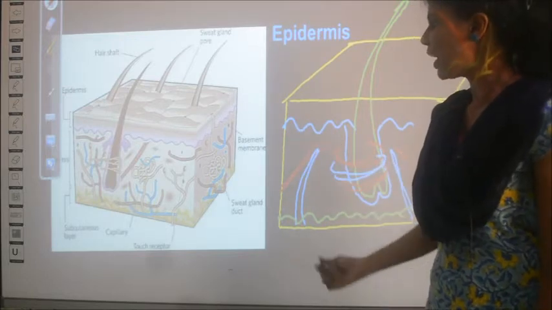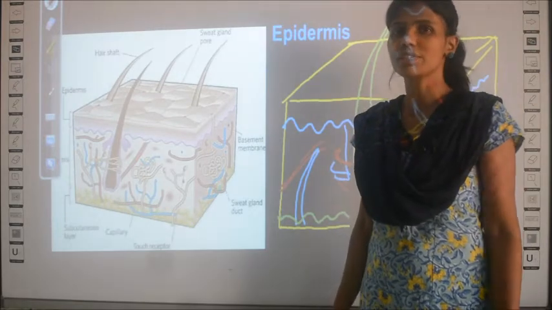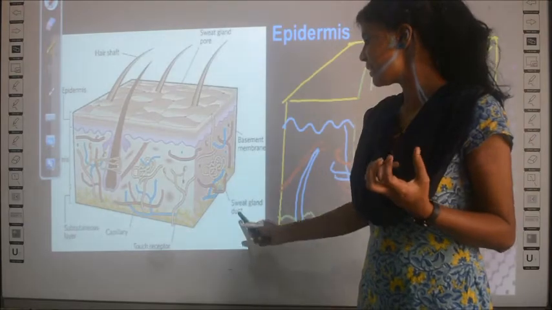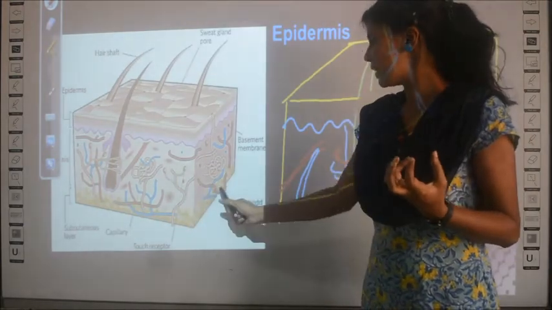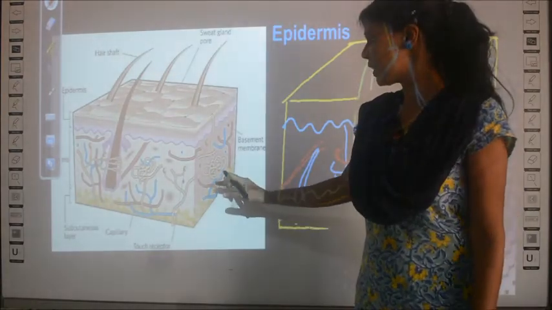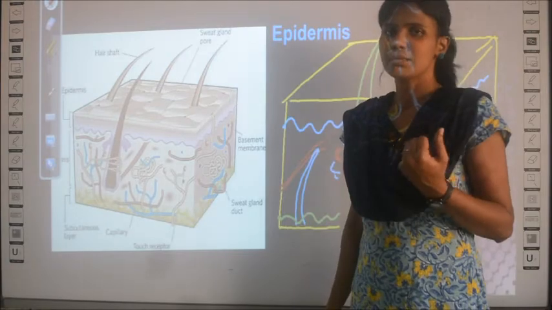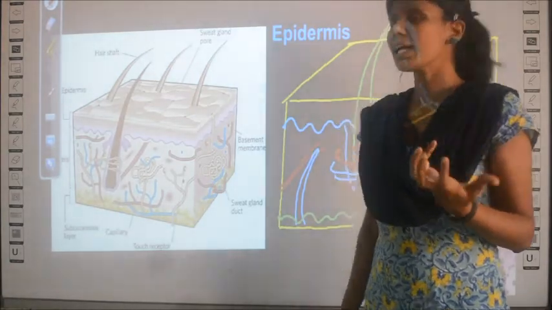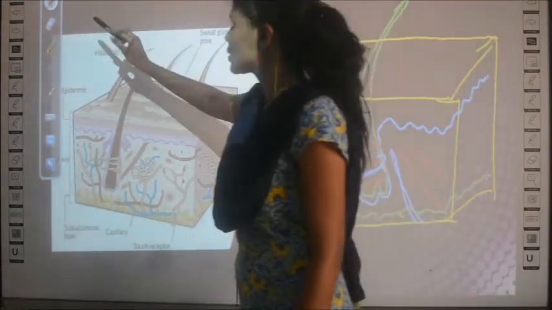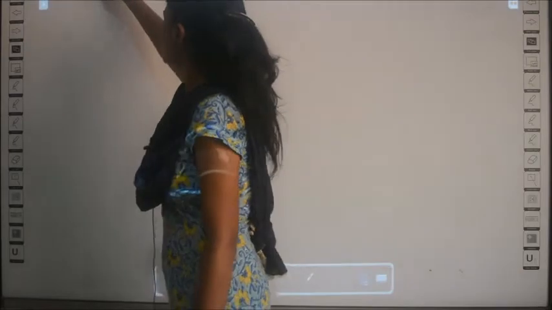And also you have some glands in the subcutaneous layer. You have studied about endocrine and exocrine glands. So you have certain glands that start in the subcutaneous layer and continue in the dermal layer, or the dermis. What is that called? It is called sweat glands. That also you have to represent. You can see here, sweat glands. So let's change the color to yellow.